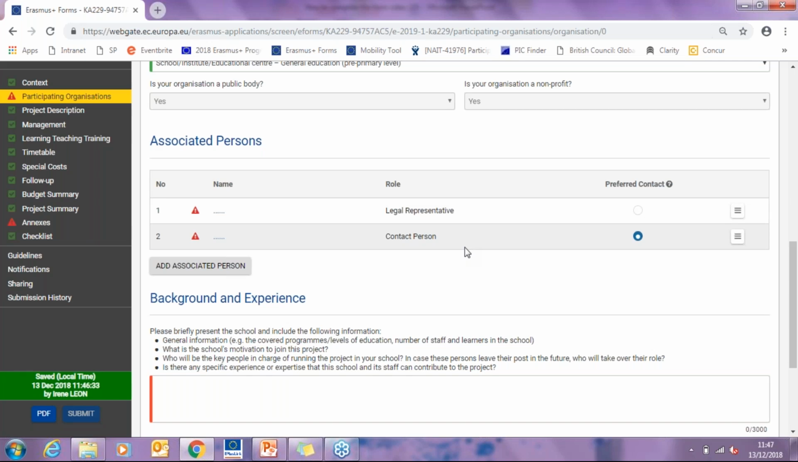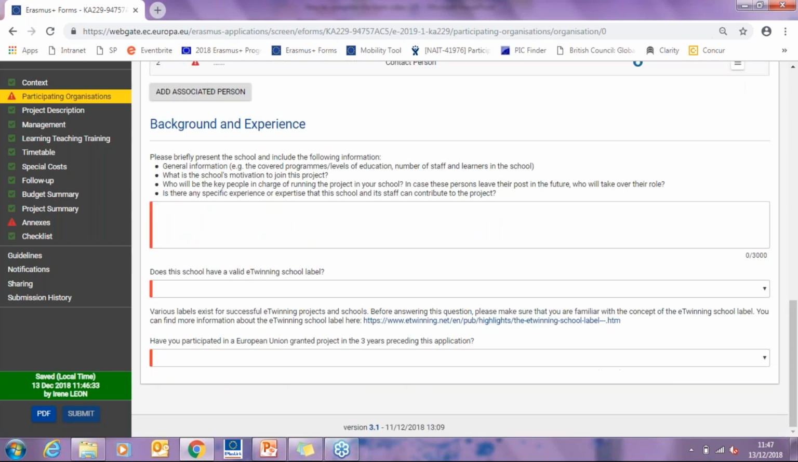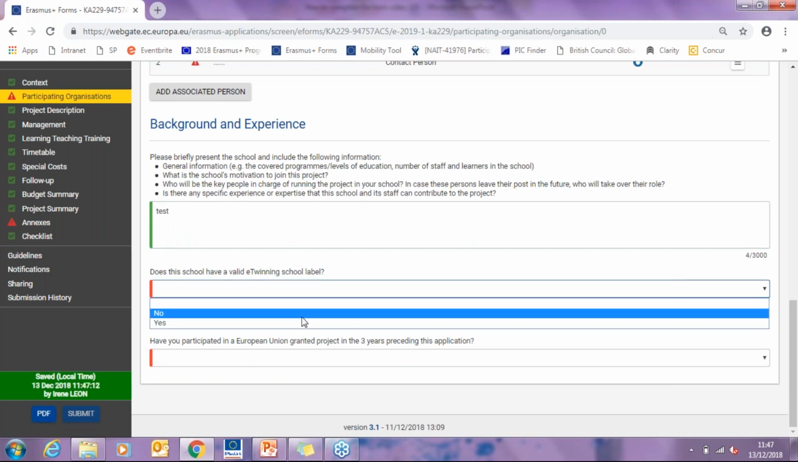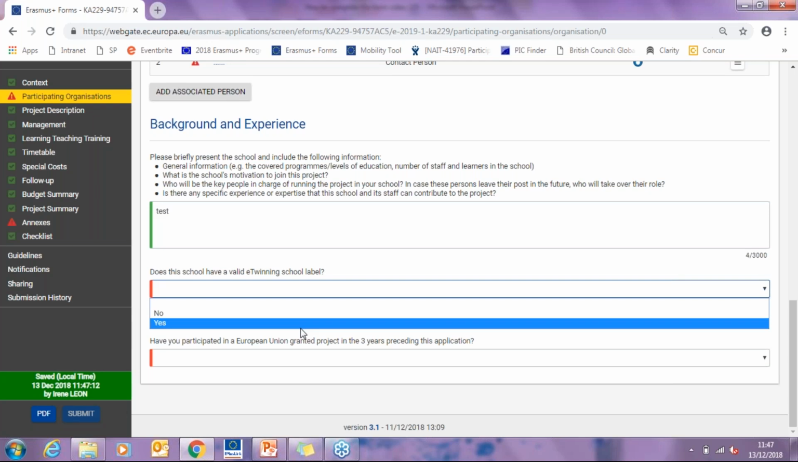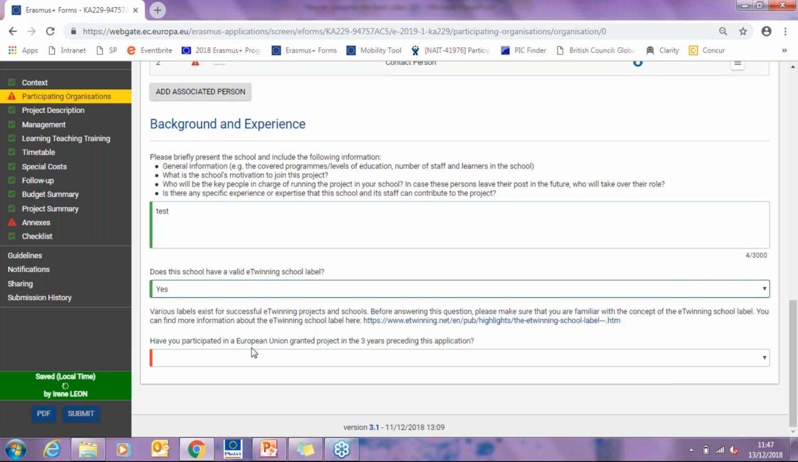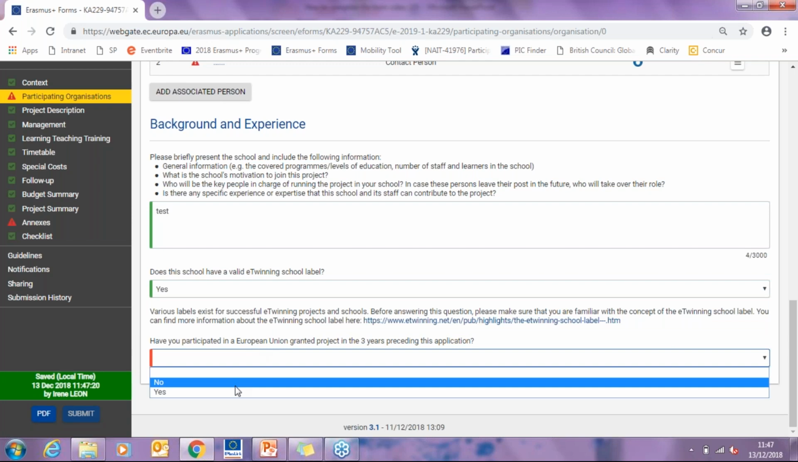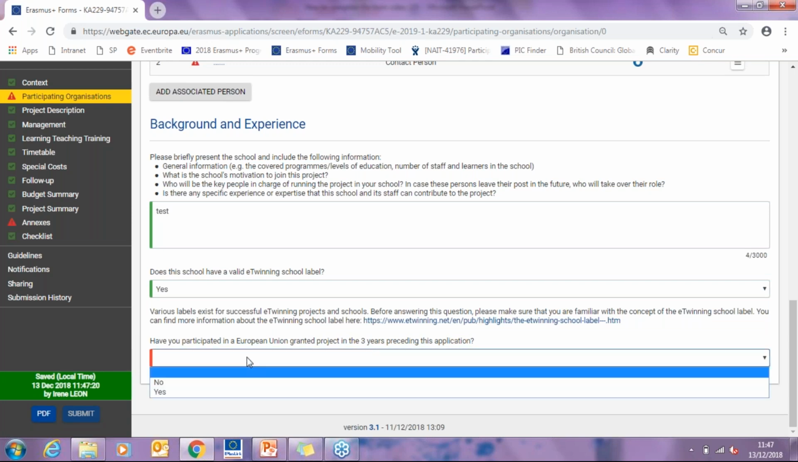So please provide an email address that you will be using throughout the year and not only during term time. You will then need to provide information about your school. So, for example, if your school has an eTwinning school label, if you say yes, in some of the categories,